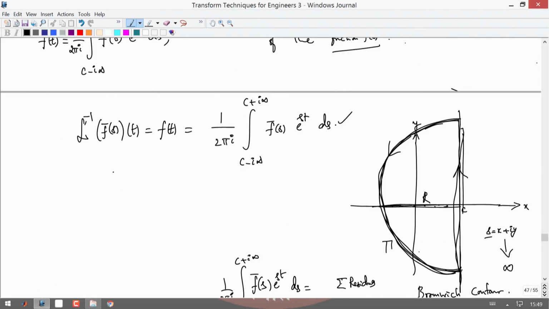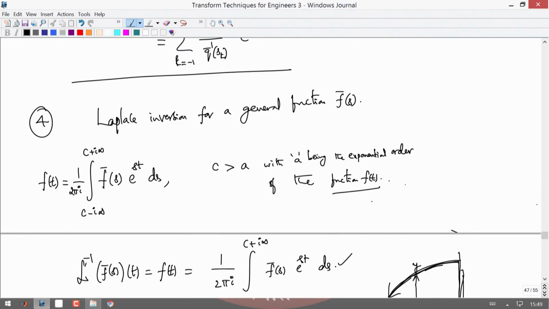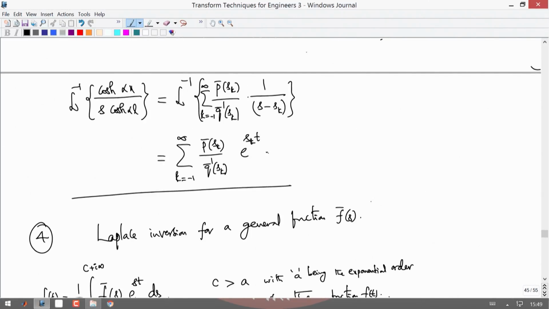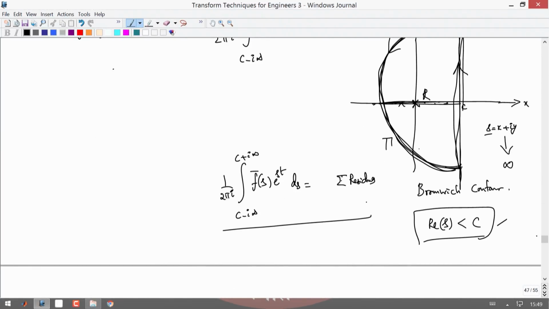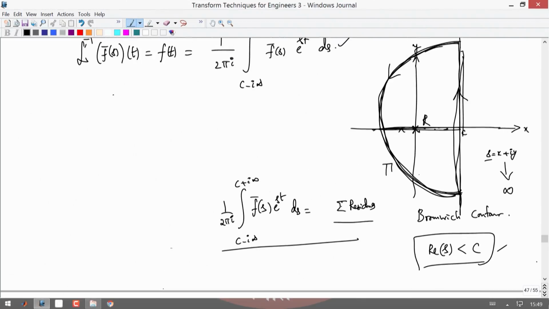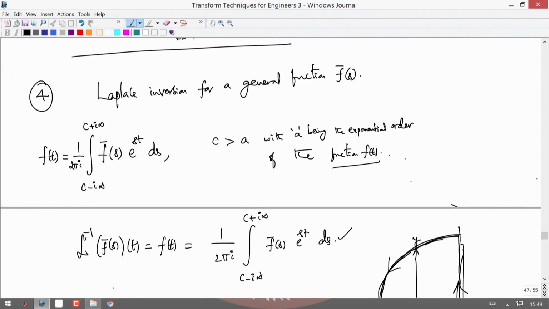So, s equal to 0 is also here. This one and all the negative signs are here. You see that if you use this principle, this theorem, or rather this contour integration technique, you end up getting the sum of all the residues. That is exactly how you calculate this f of t as the inverse Laplace transform of f bar